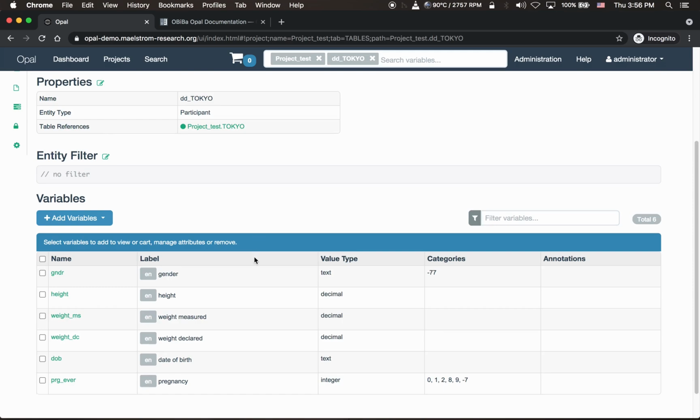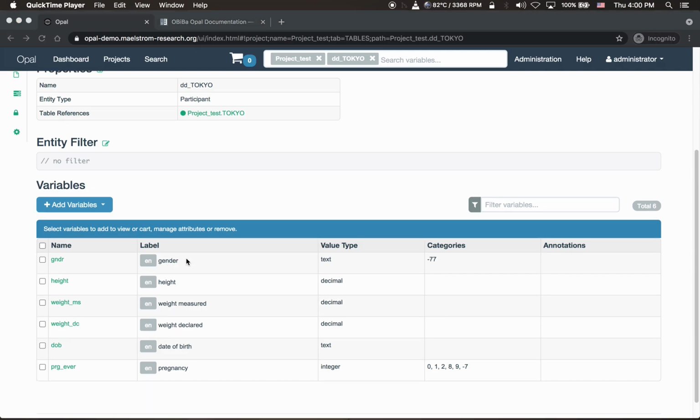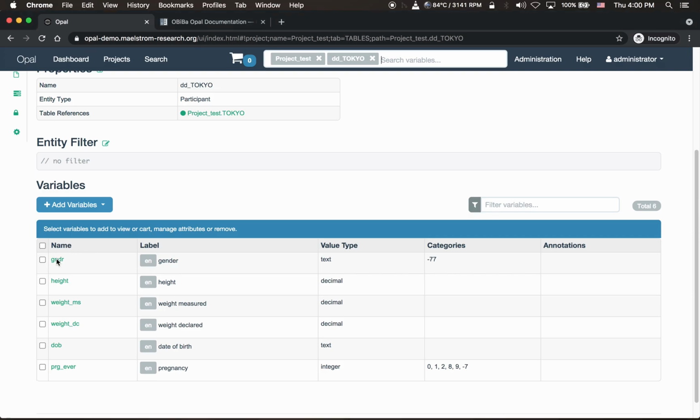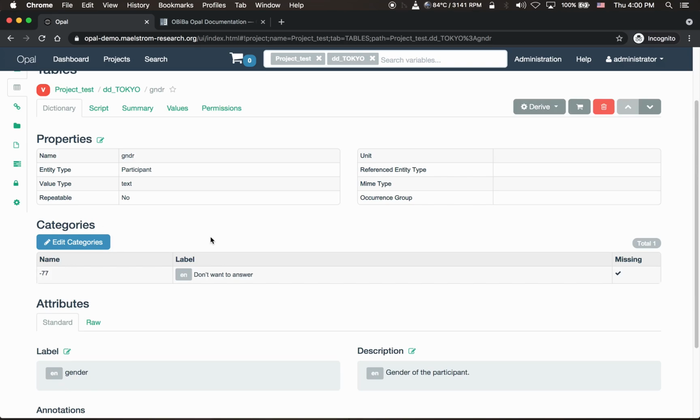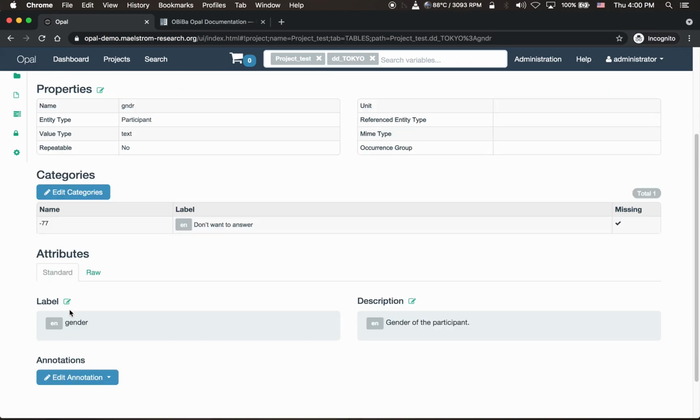As you can see, now we have the label, description, the value type, and the different categories. We can select a variable to visualize the different metadata that we have just added to the data table. As we can see, now we have the different categories, the label, the description, and the full description of the variable.